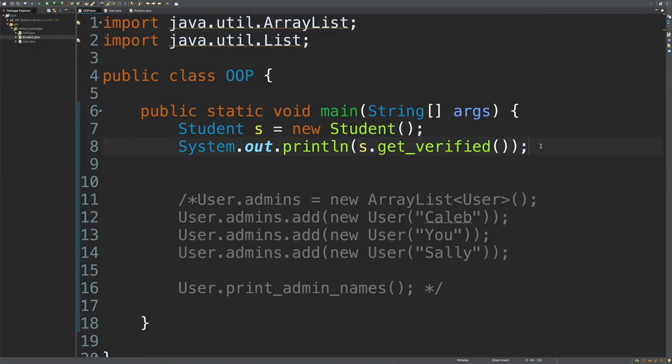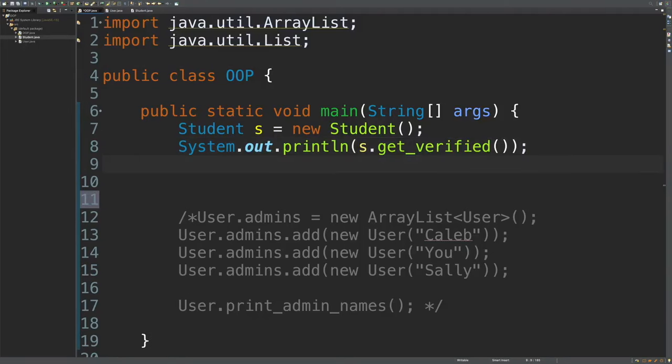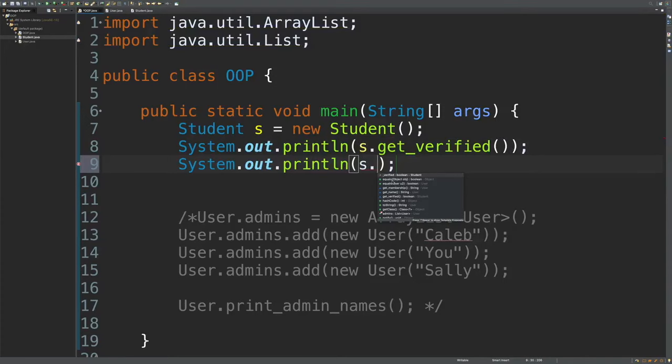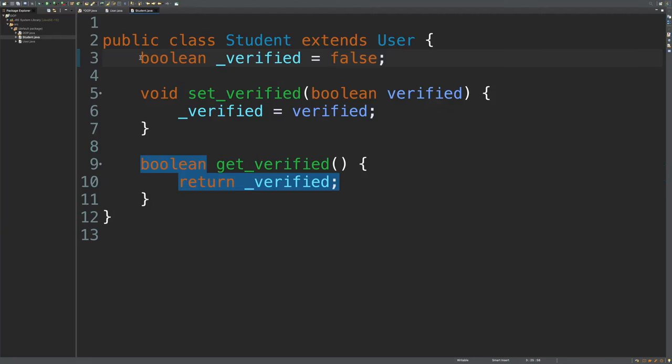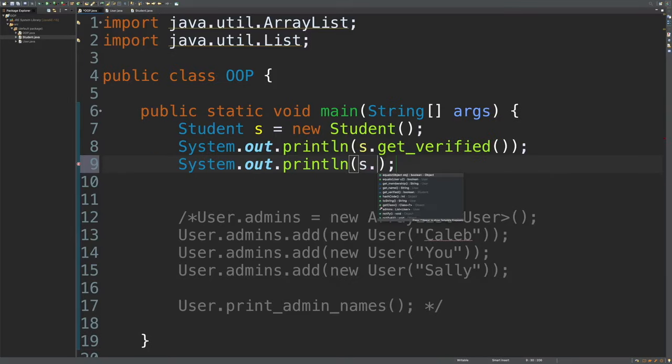But the beautiful thing here is that it has some of the other stuff. So sysout s dot, and you can see we have, oh, that verified shouldn't be visible there, so we need to change that to private. So save, and now we should just see all the stuff inherited. So we have getMembership, we have getName, and then we have some of these other things that came with it. So let's try s.set